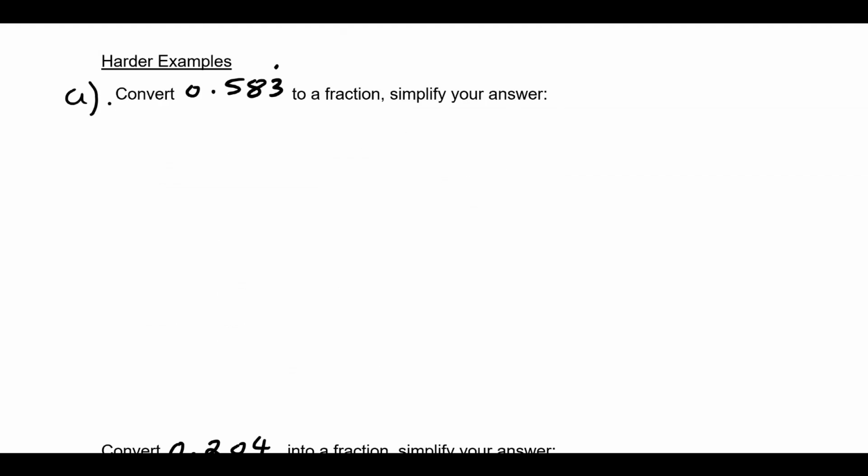Here's some slightly trickier ones to look at. If I want to change 0.583 recurring, remember there's only a dot on the 3, so only the 3 recurs. What I'm going to do is write down x is equal to 0.58333. I only have one repeating digit, so I'm going to multiply both sides by 10. So I have 10x equals